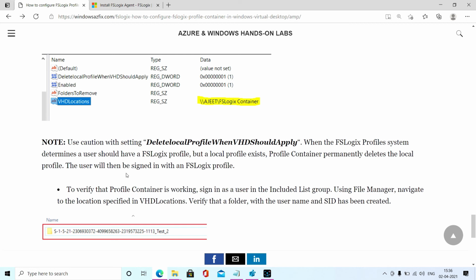So make sure you back up all the users' profiles in a safe location, either on any drive or anywhere, and after that you can proceed with the FSLogix configuration.